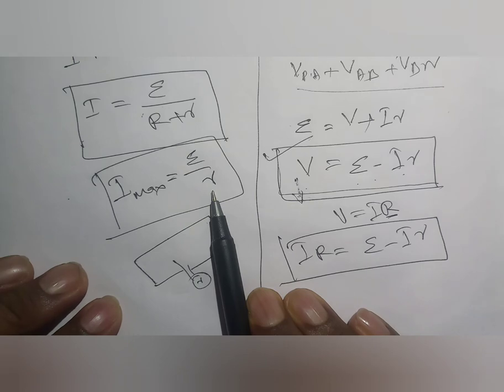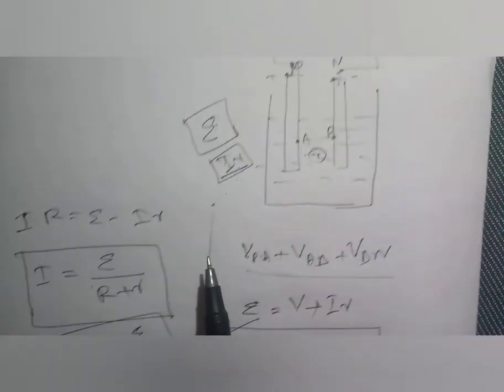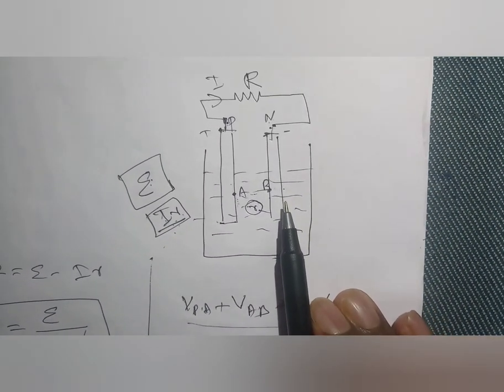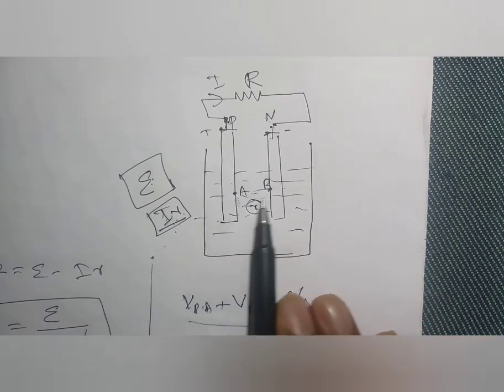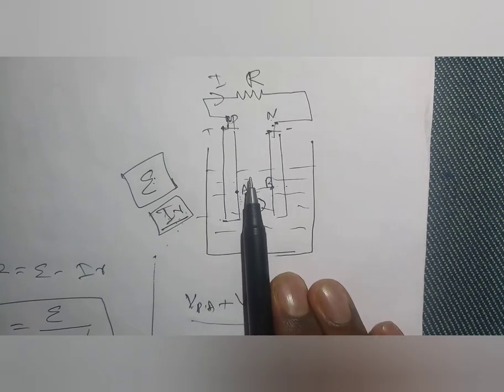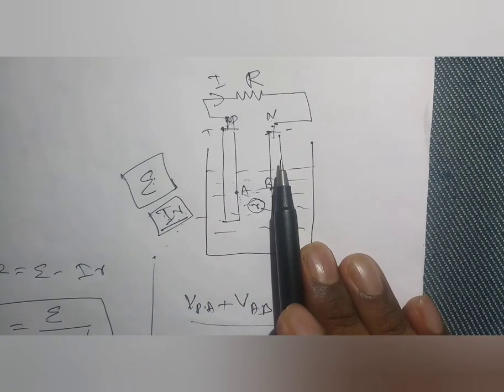Again we are discussing the same thing. From this entire point, what you should know is, if you take any cell like this, it has something called internal resistance, which is due to the electrolytes present here. Now the cell, when it is not in use or when you are not drawing any current from the cell, the potential difference between the terminals of this cell is called the